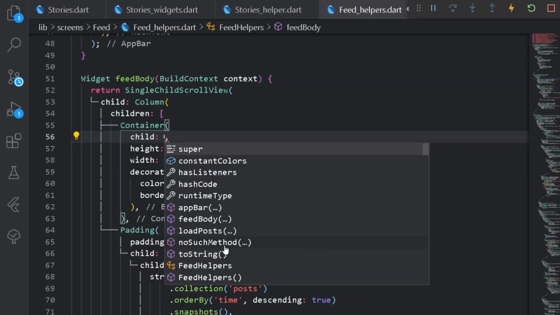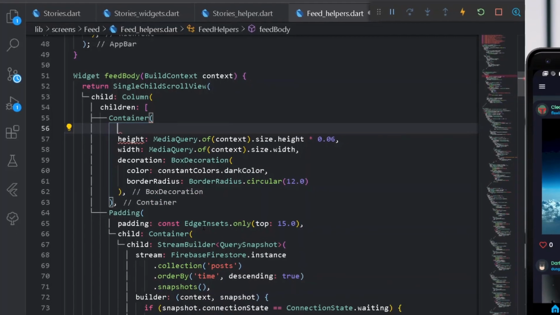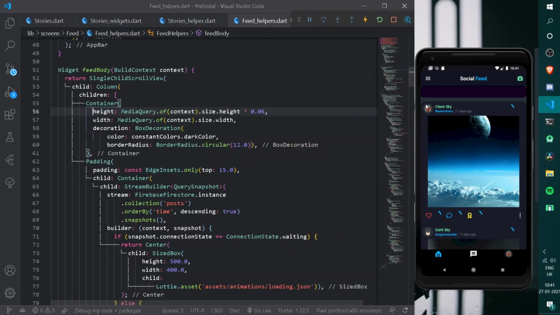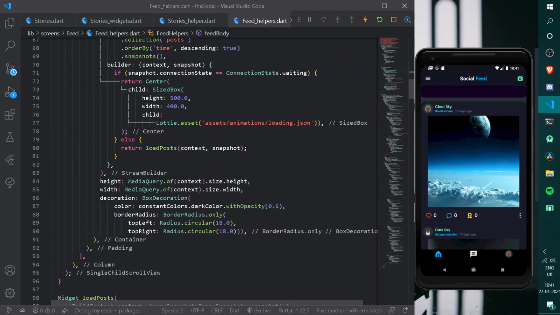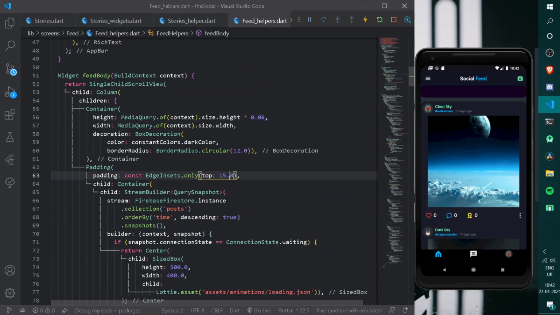So once we have done this, let's have the child of our entire container. So here under our child, we should be having a stream builder, that is a stream of all the query snapshots from the Cloud Firestore. But for now we don't have any stories, that is a collection of stories under our Cloud Firestore, so it should be null for now. So here let's format document first. Alright, so we have our container here. So now what I can simply do is go down somewhat at this container, and let's make it of padding from top for only 2.